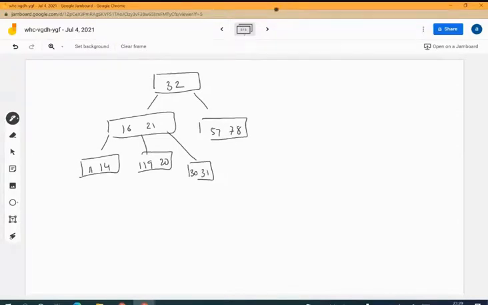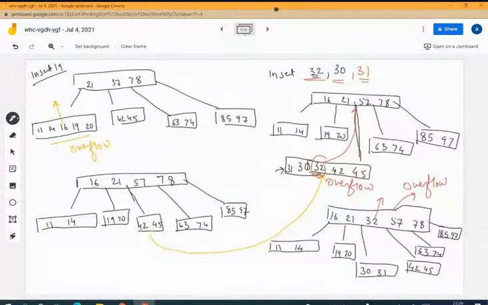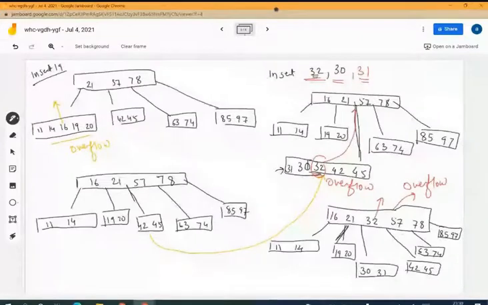To the left of 57 will come 42 and 45. So you're understanding this. I have pulled. After pulling this element, the left of 16 remained as it is. The left of 21 that was 19 and 20, I have written as it is, 19 and 20. Then the left of 32, which is 30 and 31, will become the right of 21.